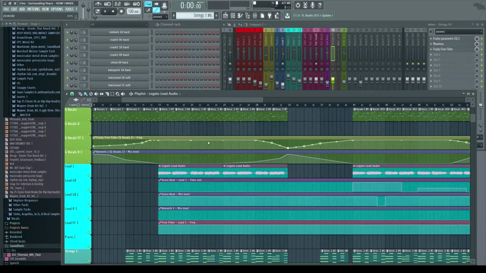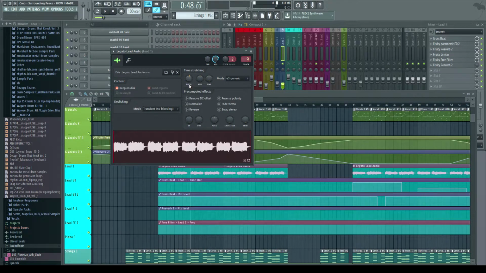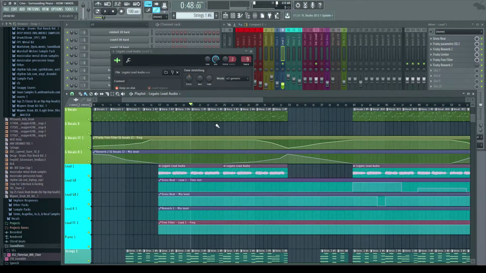One thing I do want to point out real fast: the second time it repeats, I think I did something with the audio so that it shifts down a couple of semitones, and it just so happened to fit the key of the song we were working on at the time. I think I had to shift this up a semitone or whatever to make that work. Yeah, nothing much to that as well.